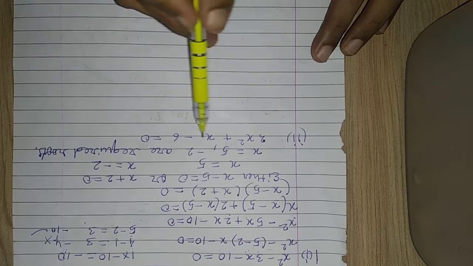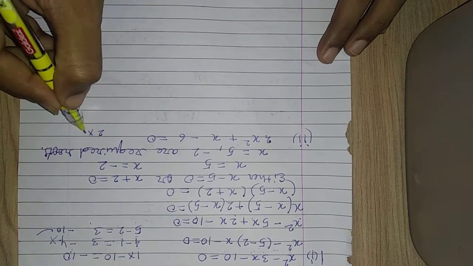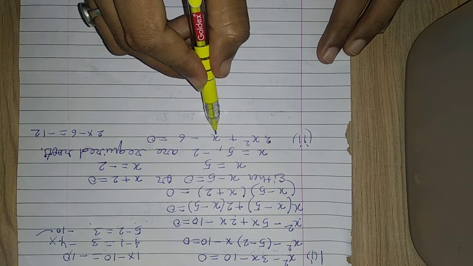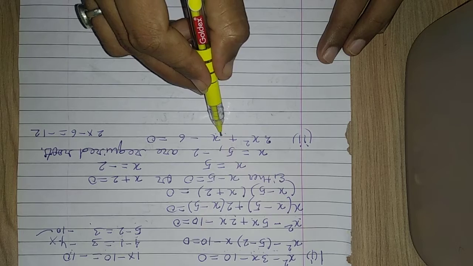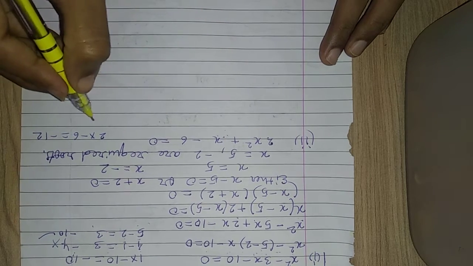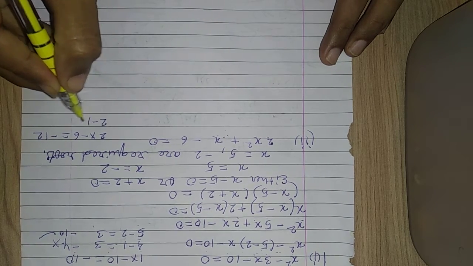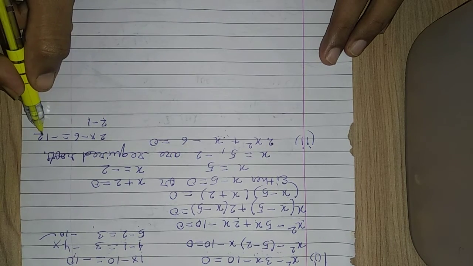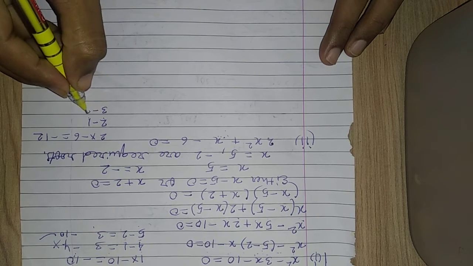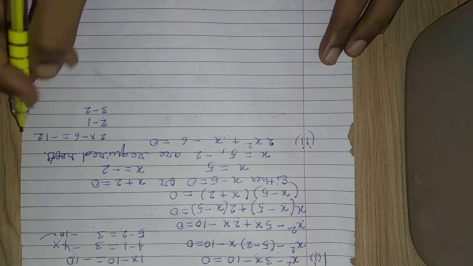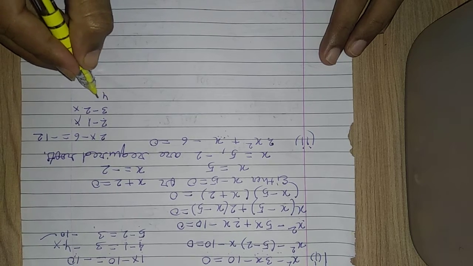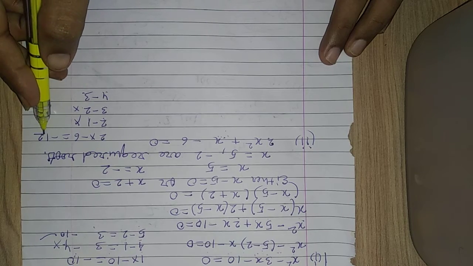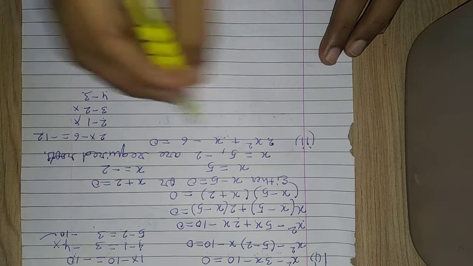Again in the second part, product must be equal to 2 multiplied by minus 6, that is minus 12, and on addition or subtraction we must get 1. Coefficient of x is 1, so we must get 1. So we start with 2 minus 1. 2 minus 1 is equal to 1, but 2 multiplied by minus 1 is not equal to minus 12. So next is 3 minus 2. 3 2s are 6. This is not correct. 4 minus 3. 4 minus 3 is 1, and 4 3s are 12. 4 multiplied by minus 3 is minus 12. So this is the required number.